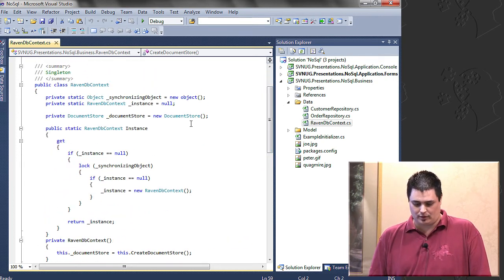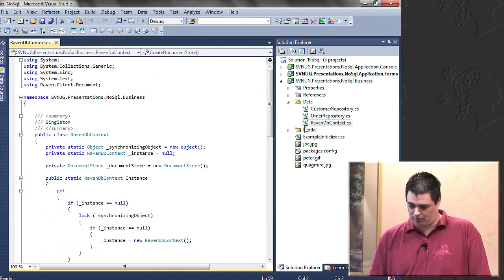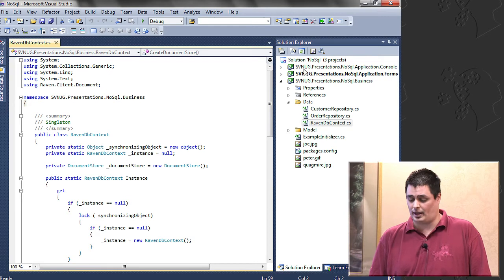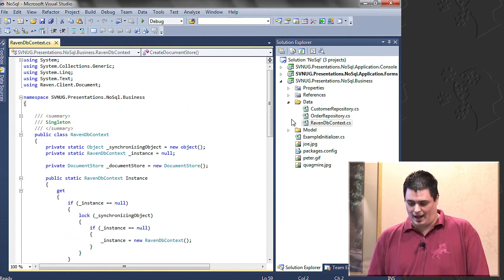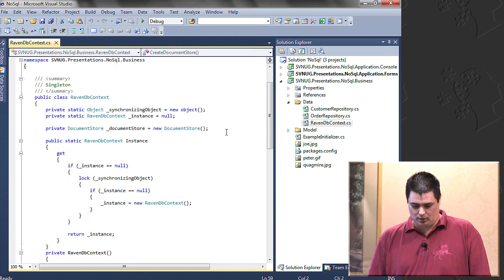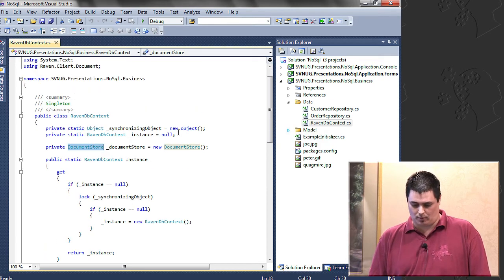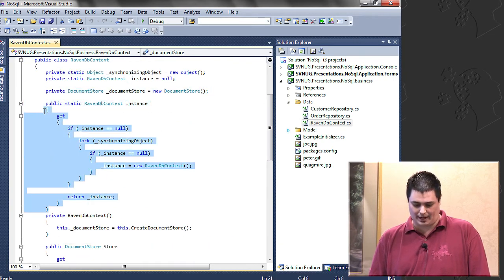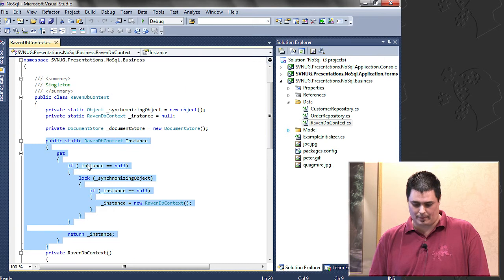But basically you start out with this, you add some references, and you can get this via NuGet, by the way. That's the easiest way to do it. Everyone knows how to do that by now, I'm sure. Once you've added that to your project, you start by using this document store object. That's the Raven object, and you have to initialize it. I read at some point that it had to be a singleton, so this is the singleton pattern here.